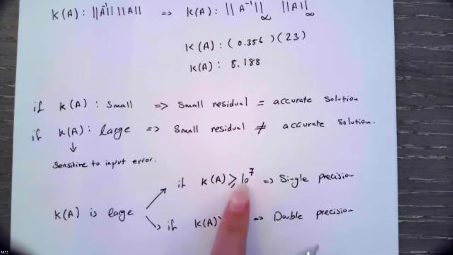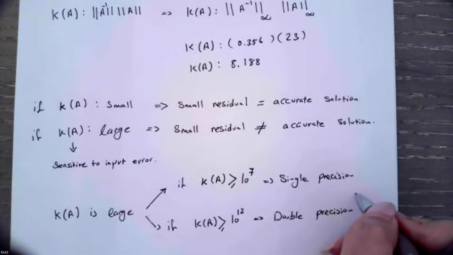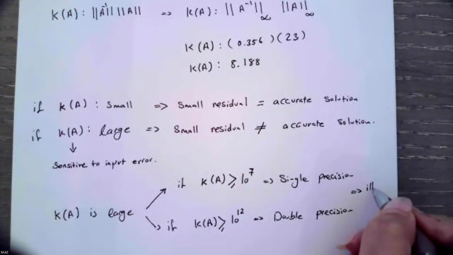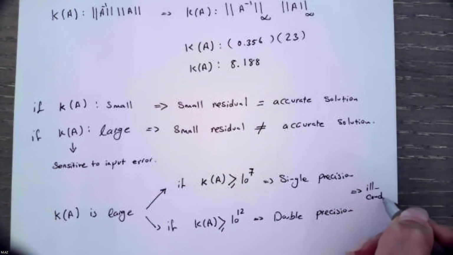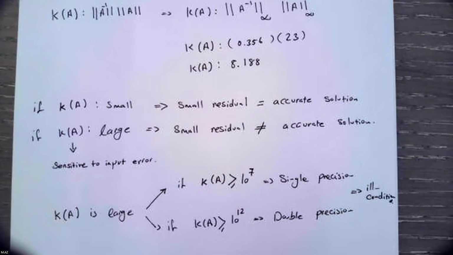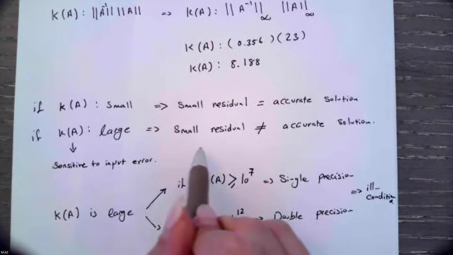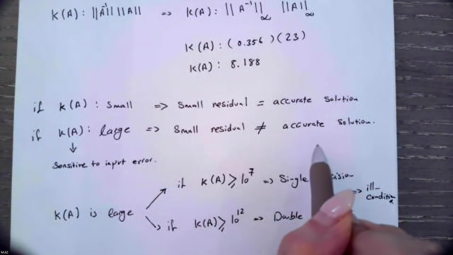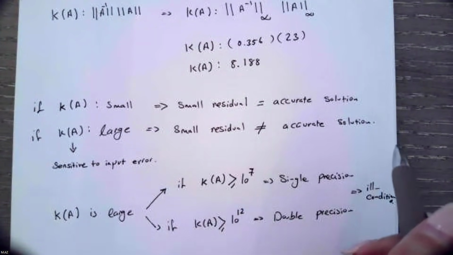Then this value is large for the system, and we have an ill-conditioned system, meaning the system is sensitive to the inputs and one or more equations are nearly linearly dependent on one or more equations,